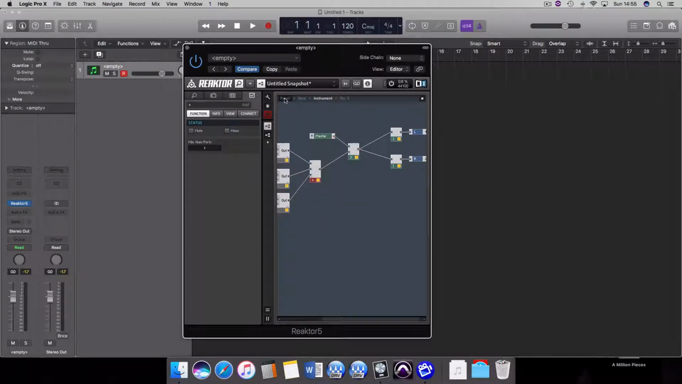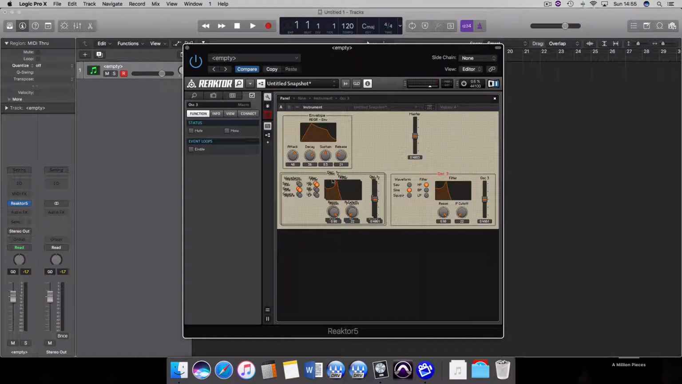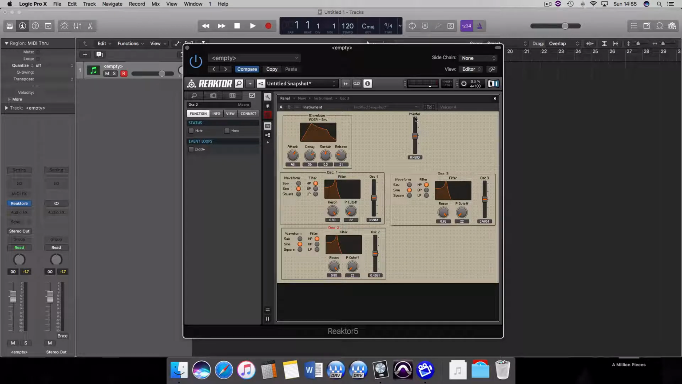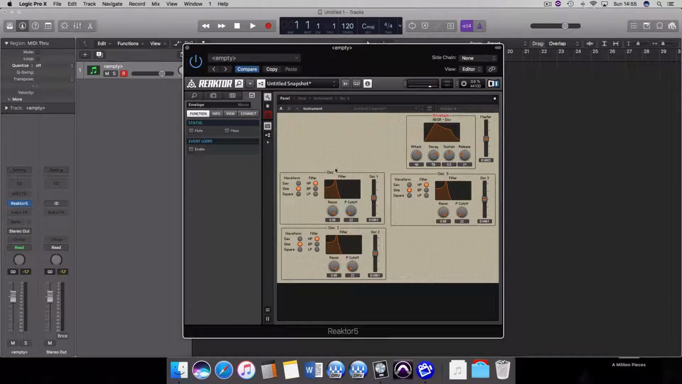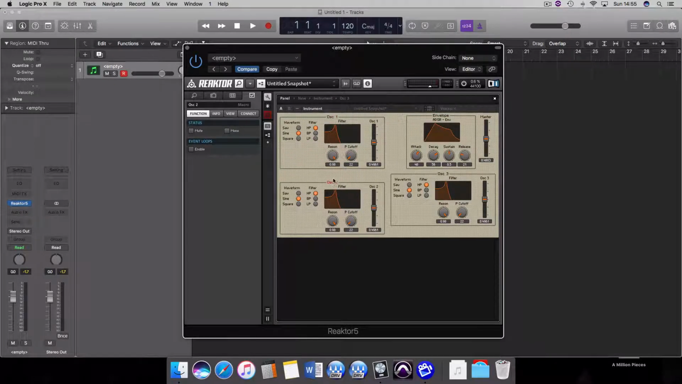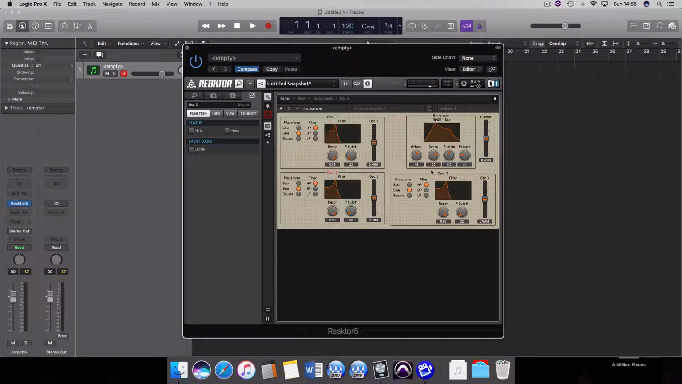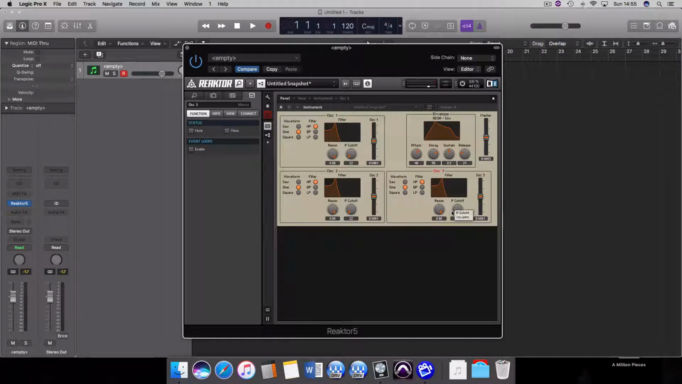Now we'll go to our panel view, and we've got all our oscillators on top of each other. So click the wrench icon again, and we'll drag everything out. We'll put our master here, put our envelope next to the master. We'll start with oscillator 1 at the top, oscillator 2 just underneath, and then we've got oscillator 3 right next to it. So if we click the wrench again to turn off editing mode,